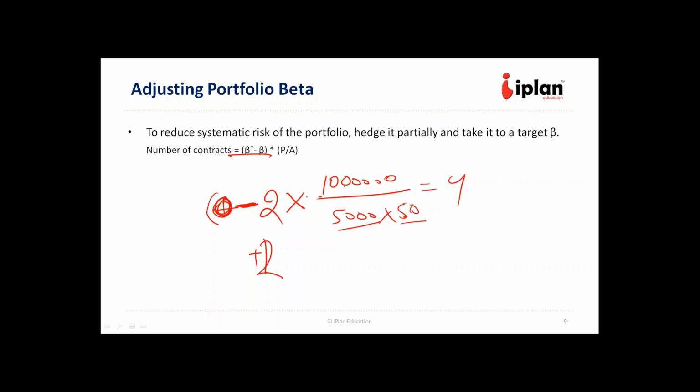Then in that situation I have a lot more contracts sold. This will come to minus sign, minus 2, 0 minus 2. So it's